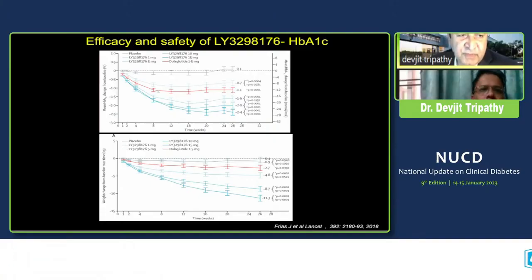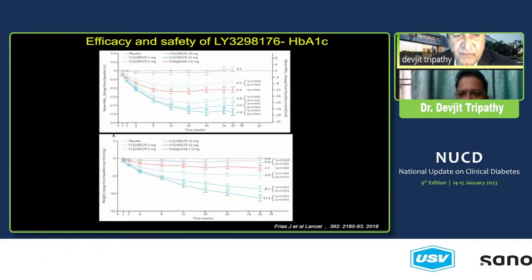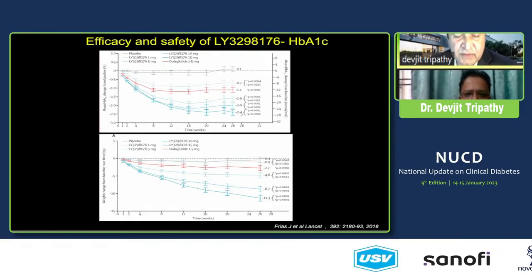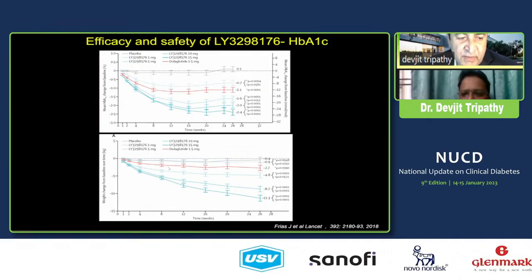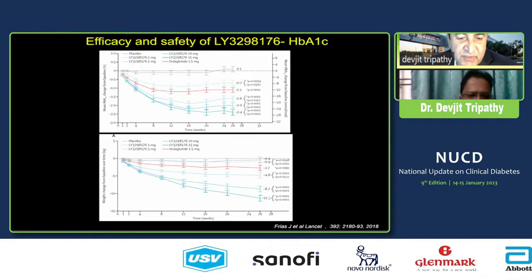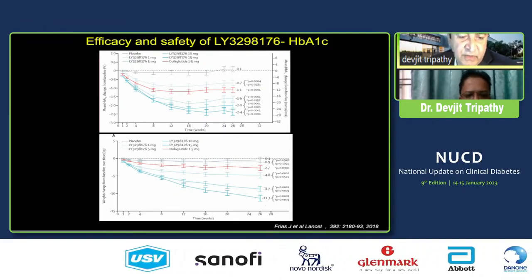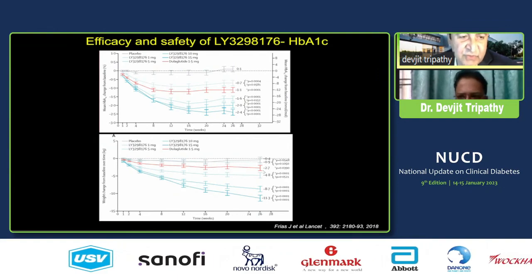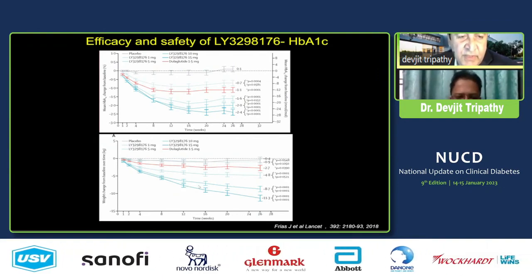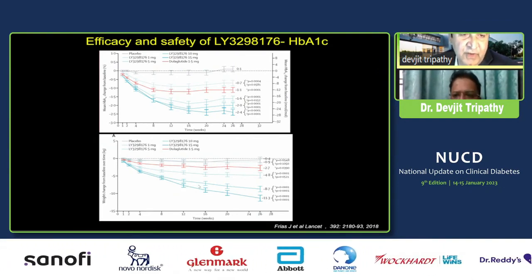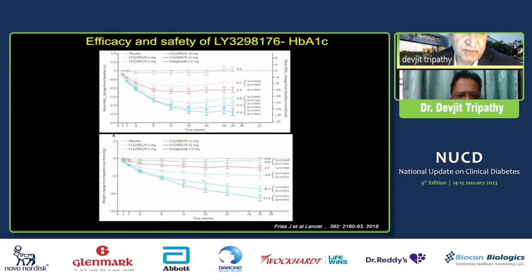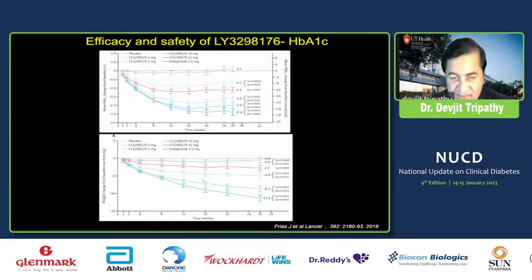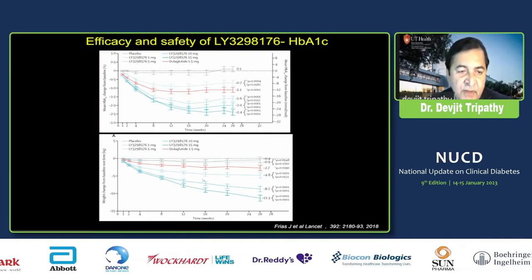Over a period of 6 months, while dulaglutide causes lowering of A1C by 1.1%, the high dose of tirzepatide led to hemoglobin A1C lowering of 2.4%. And the weight loss, similarly over a period of 6 months, was 11 kilograms with the higher dose compared to 2.7 kilograms with dulaglutide. So of all available anti-diabetic agents, as of now, this appears to be the most potent agent in terms of lowering hemoglobin A1C and body weight.